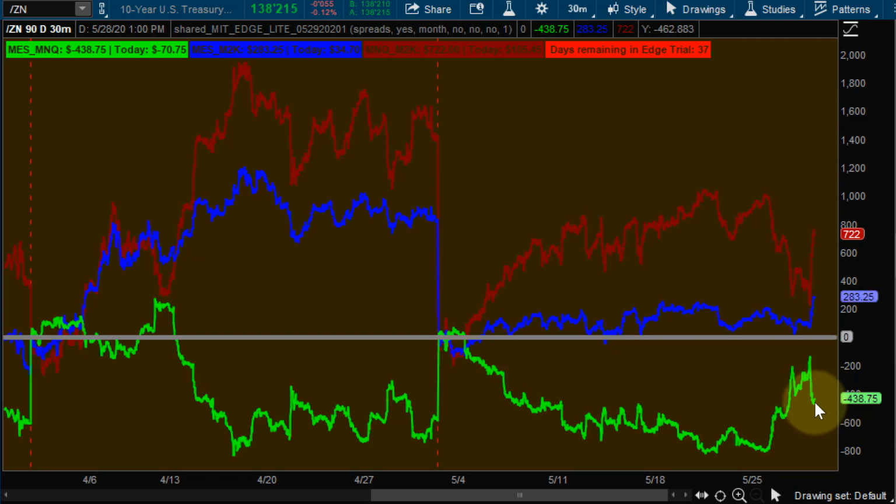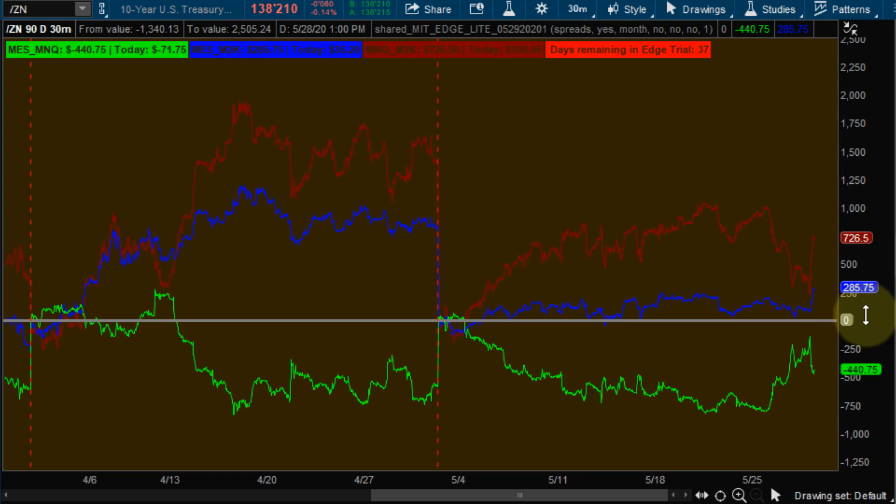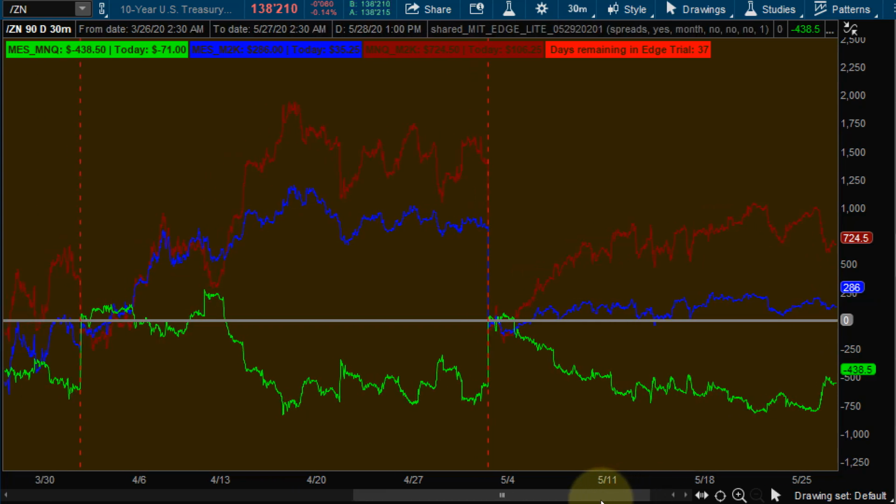If you put on this trade and you're thinking, okay, if I do this trade, how much is my risk going to be? Well, if the market goes down here, if this spread goes down here, you'll know that if you were long at this level and now it's trading negative 1,000, you lost $500. So you can use these to get a really good understanding of your risk. Again, if we go back,